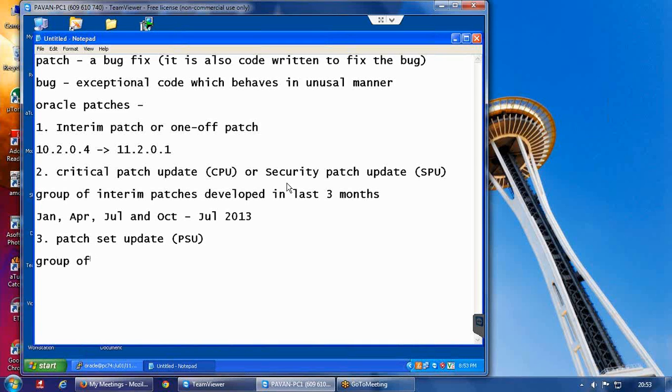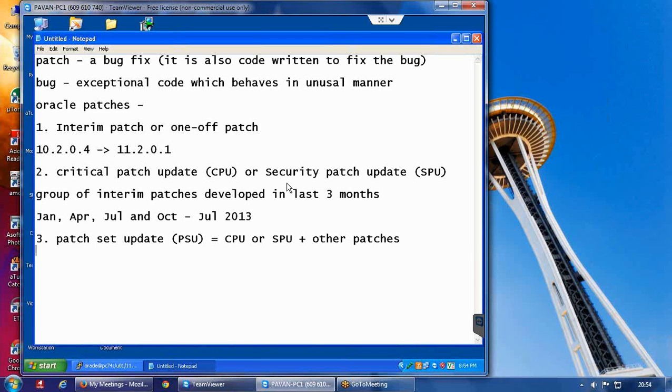The definition says it is the latest CPU or SPU plus other patches. So a patch set update includes both the CPU or SPU along with some other interim patches or one-off patches. Combined, we call this a patch set update.